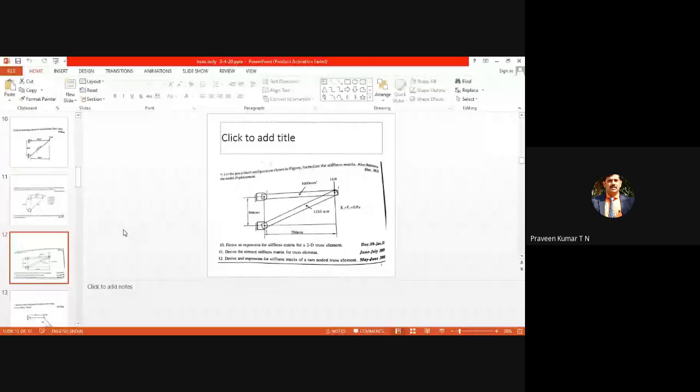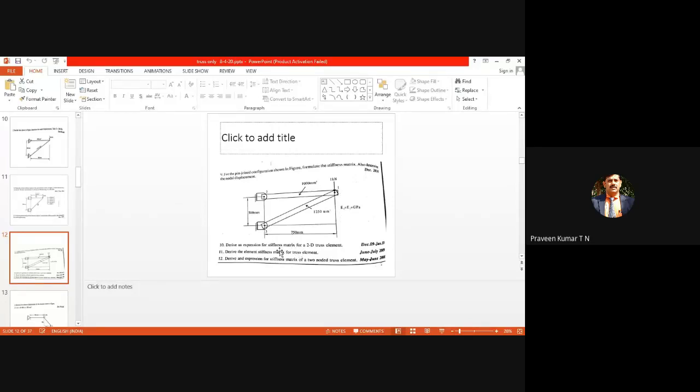So here there is one more problem. That is 2016, I think 10 again, 10 or 16 marks. Again, a 2-element truss. Here the boundary condition is 0, 0. Here also horizontal displacement and vertical displacement are 0. Only Q1 and Q2 you have to find out. The area of the cross section is different. In all 3 problems, area is different, length of the element may be different, force may be different, but the concept remains the same, no change in the concept.